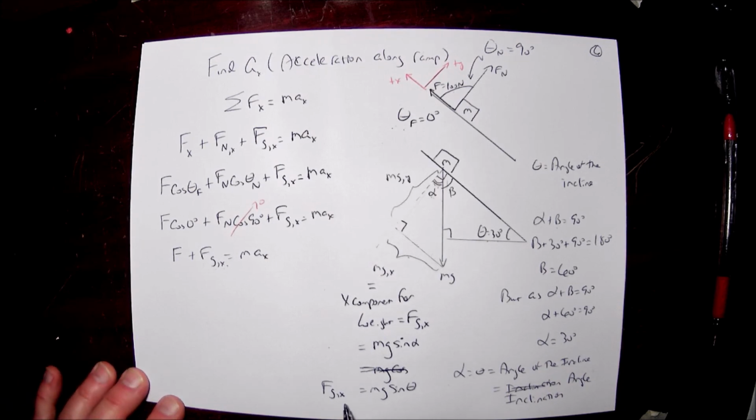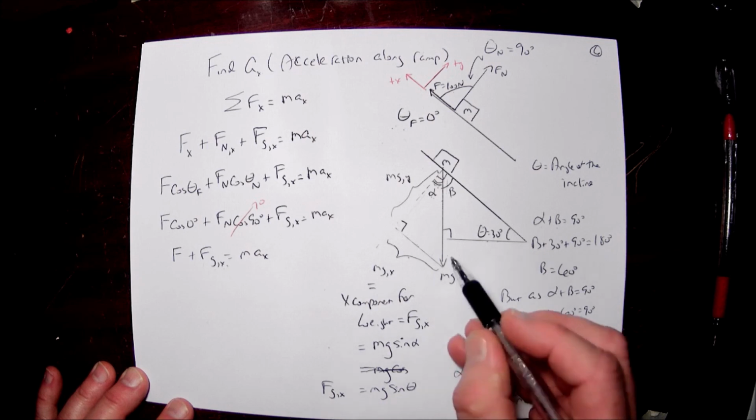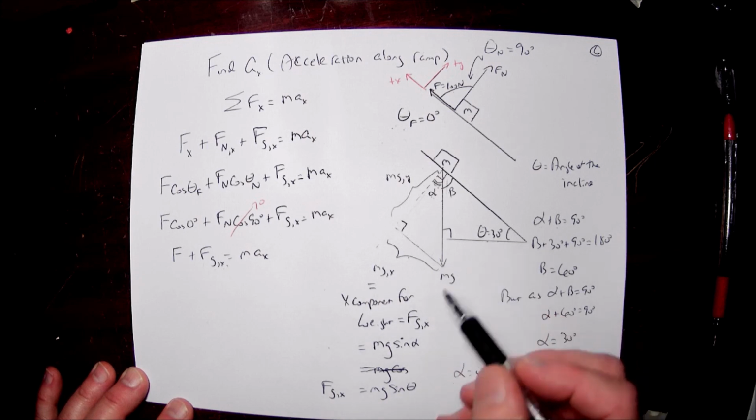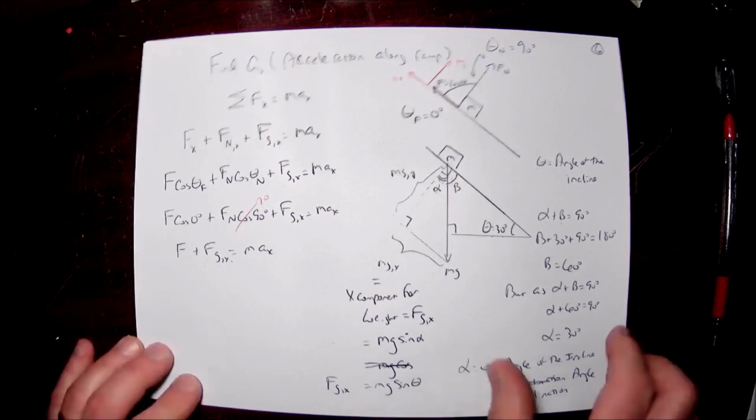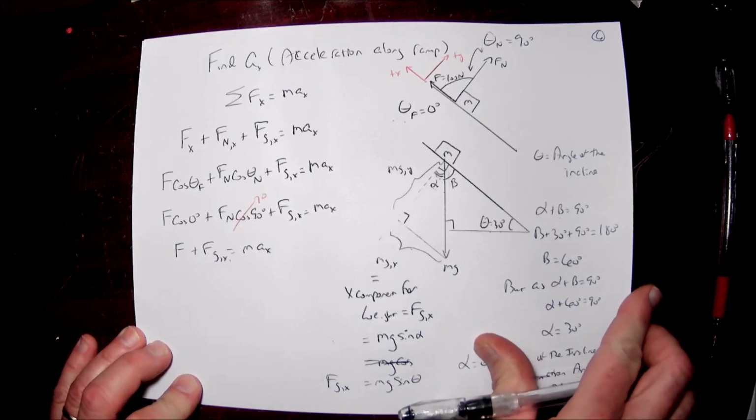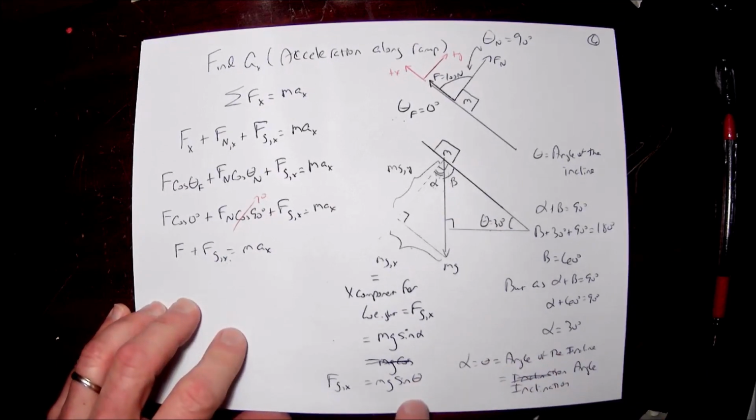So this is a quirk. This is it in a nutshell. We have got to write it like this, or if you want to, you can go back and write mg cosine. You can't use theta. You've got to use the complement of theta. So it's 30, you have to say cosine 60, please. Be a rebel, do it, but do it right. If I catch it wrong and the angle's not there, what are you doing? You're going to kill somebody. But all the books and stuff like that will use this